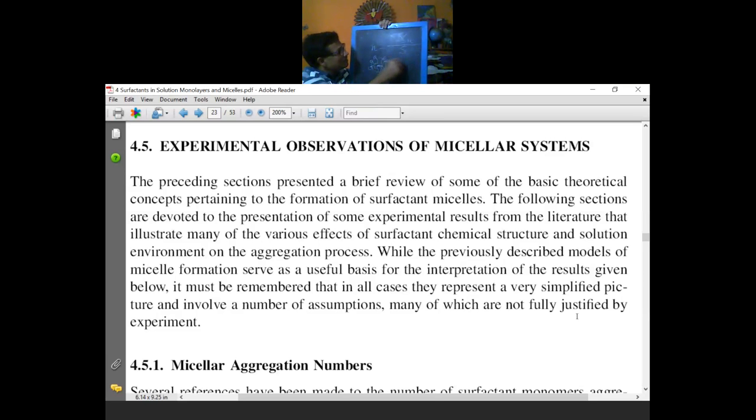That means a surfactant monomer can go out into the bulk and remain as a monomer. At the same time, a monomer which is there in the bulk can enter into the micellar entity. So the surfactant monomer aggregation and deaggregation process is a very dynamic process. Like বলেছিলাম, evaporation and condensation phenomena. It is a dynamic process. So the micelle is a very dynamic entity.